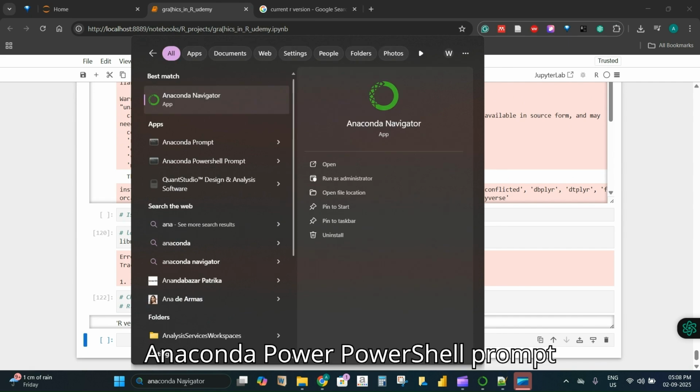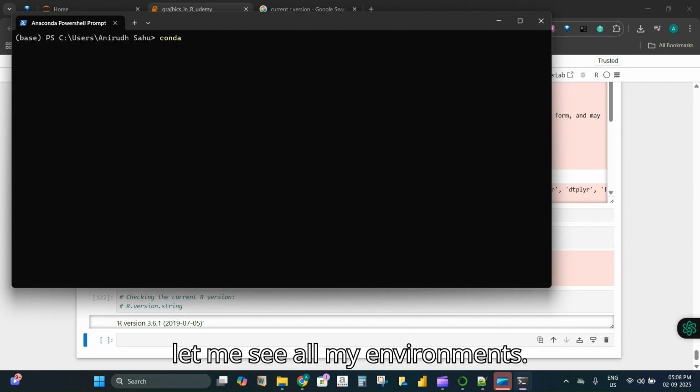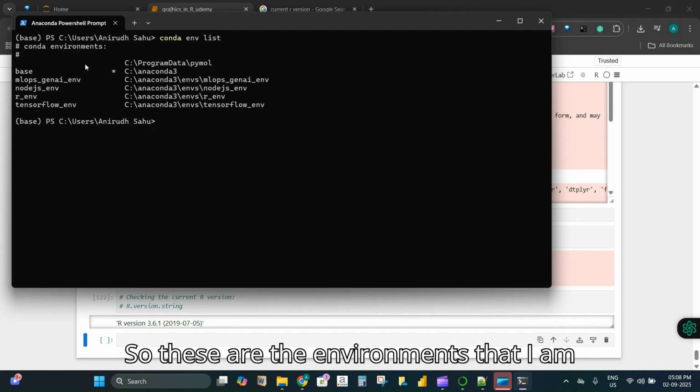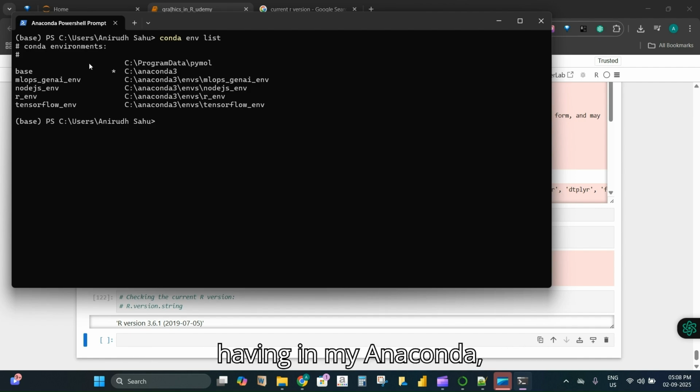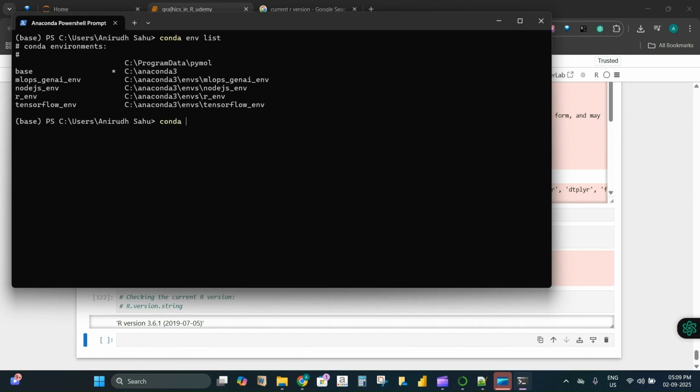So I will go to Anaconda PowerShell prompt, and let me see all my environments. These are the environments that I have in my Anaconda, and I need to go to that particular environment where I have installed R. So this is the one. I will just activate that particular environment,